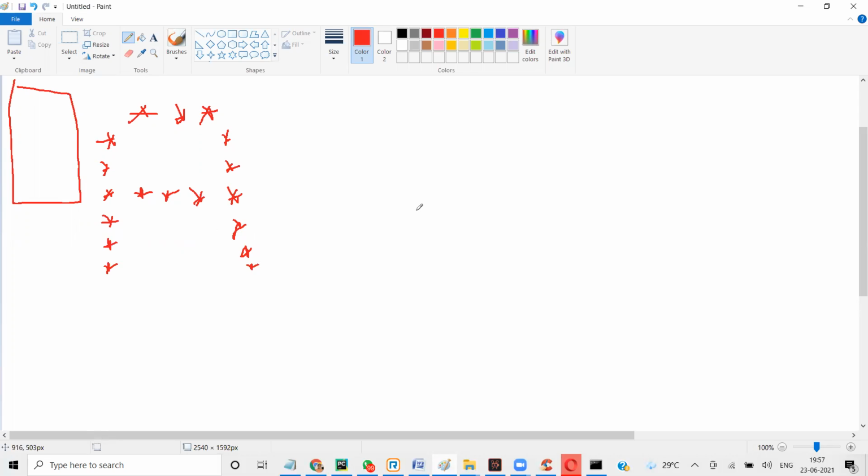Now, okay, how do we print it? See, I said using print you can do that, but that's not a good way. We should use if and for loop to make sure that we get the pattern of our choice, right? Like how many rows you want, how many columns you want, how many stars you want in between, things like that.